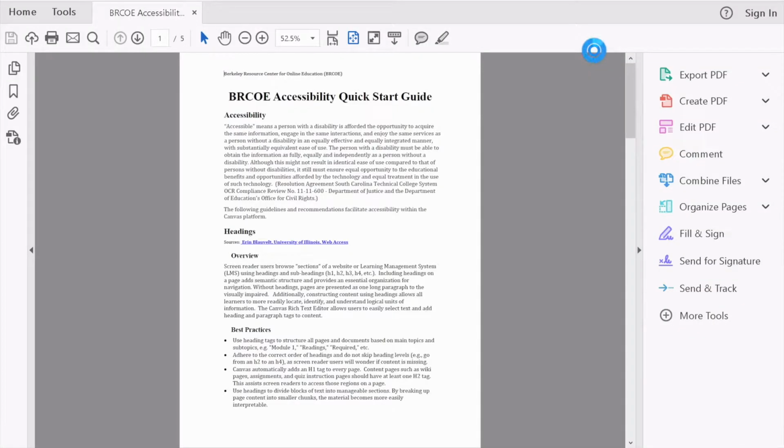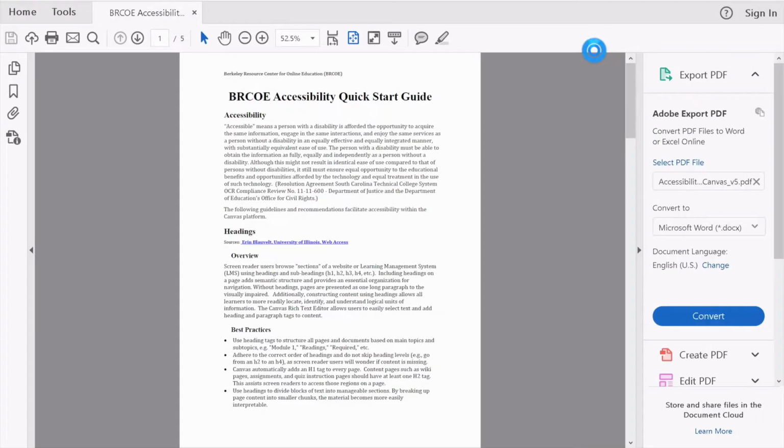Edit. Greco Accessibility Quick Start Guide Adobe Acrobat Reader DC. AV Page View Text Frame. Loading Document. Heading Level 1 Page 1 Greco Accessibility Quick Start Guide. Heading Level 2 Accessibility. Accessible means a person with a disability is afforded the opportunity to acquire the same information, engage in the same interactions, and enjoy the same services as a person without a disability in an equally effective and equally integrated manner, with substantially equivalent ease of use. The person with a